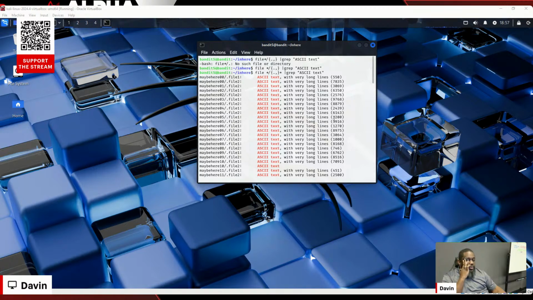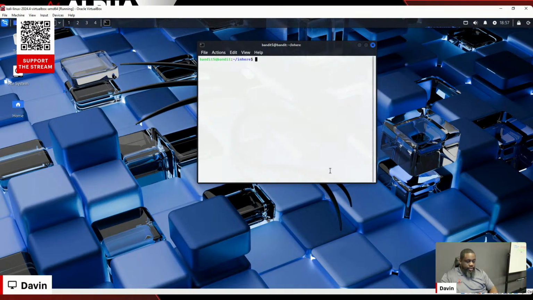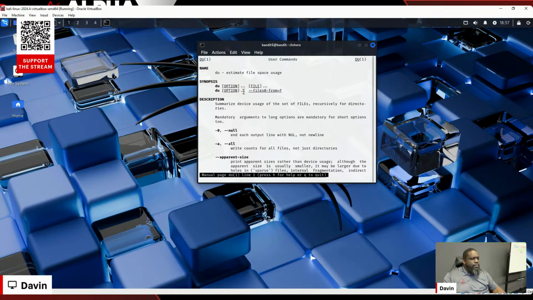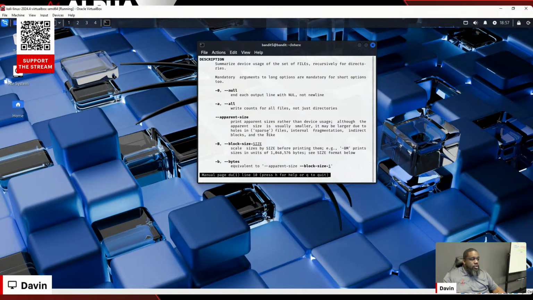Not the same file, but we could run that du command, right? So remember when we looked through it before, let's clear the screen real quick and do man du, right? So remember, du estimates the file space usage. So what we would do is we would use du, and then